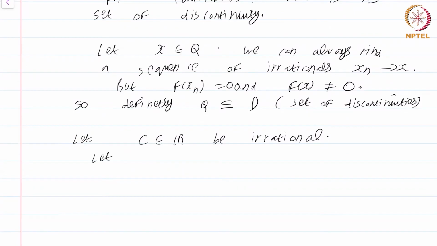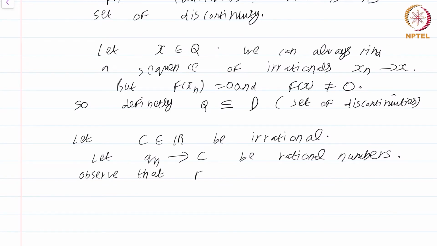Let q_n be rational numbers converging to c. Now observe that for any given natural number capital N,